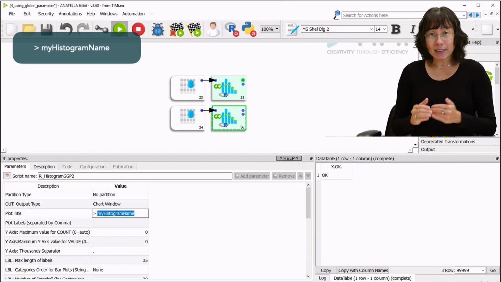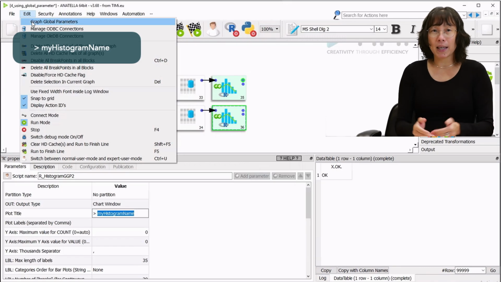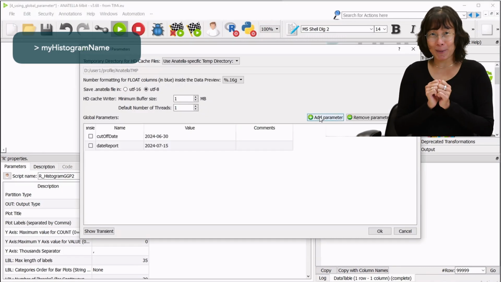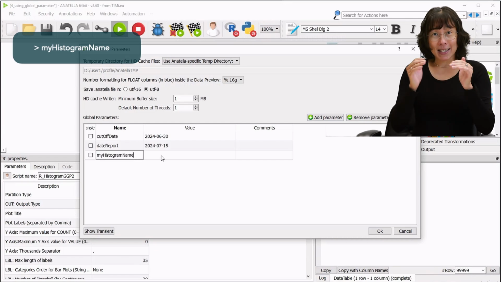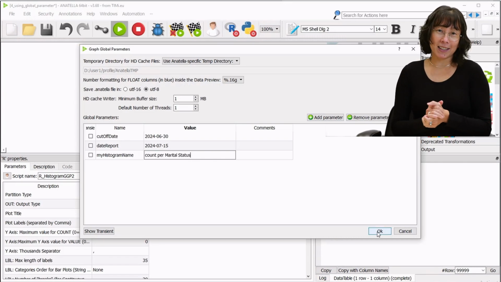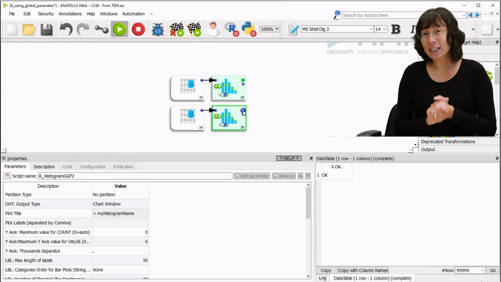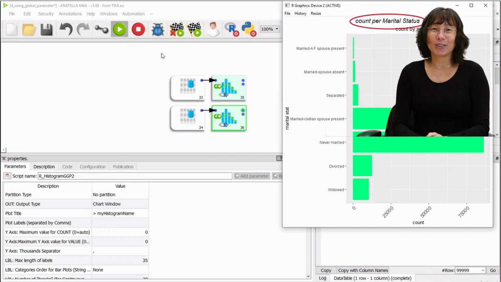Now, the chart title is linked to the global parameter my histogram name. Let's quickly add this global parameter to our list of defined global parameters, assign it a value, in this case, count per marital status, and then run the box again. You'll see that the chart title updates dynamically. Easy, isn't it?